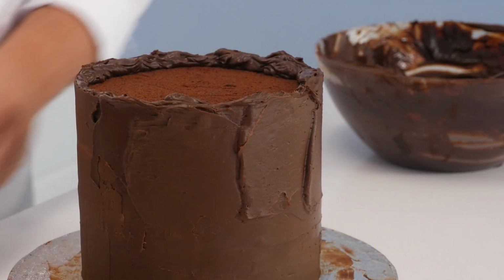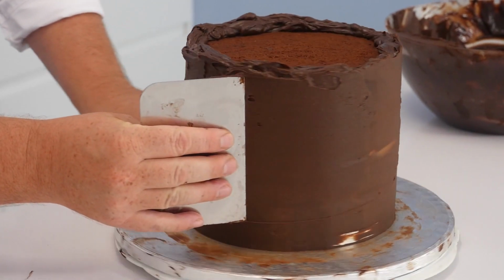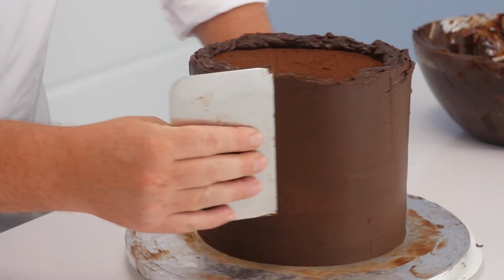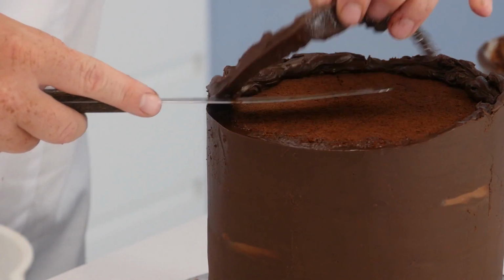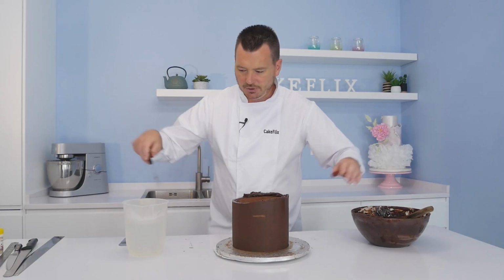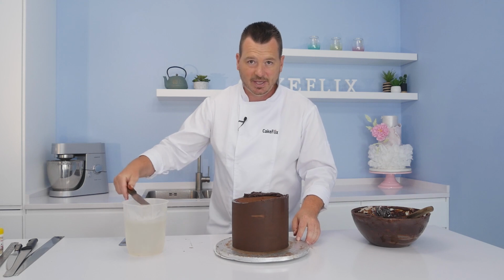There we go. And then we just want to get our scraper and scrape that nice and gentle again. What you don't want to do is take it all off. It's firm enough that I can take it off and it's not sticking to the scraper. It's still a little bit soft, so I'm just going to pop it in at the side there. Don't put it in the middle, at the side,